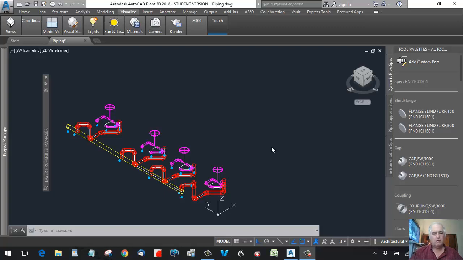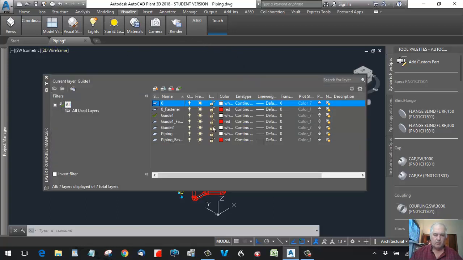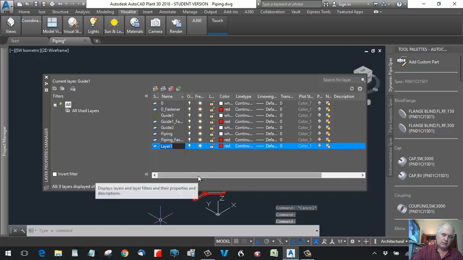Okay, in this little video, we will show you how to make labels in case you don't know. The way we do it is we create a layer. So let's go to the layers, and we'll call this, well, let's select piping fasteners because it's the same color that we use, okay? And we'll call this new layer, we'll call this cabinet 1,